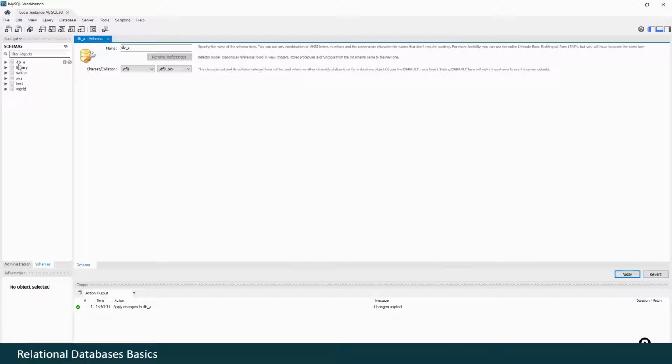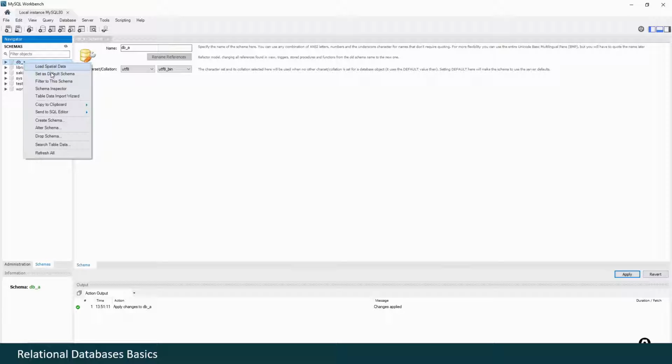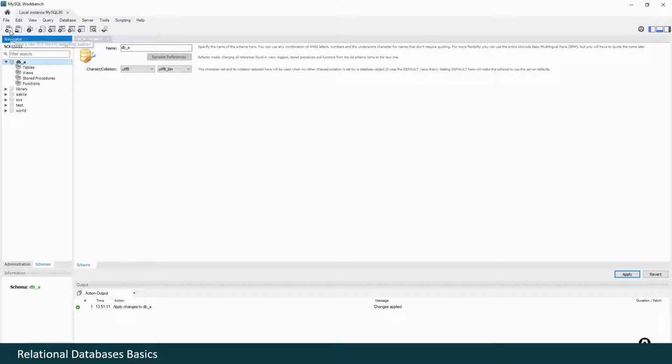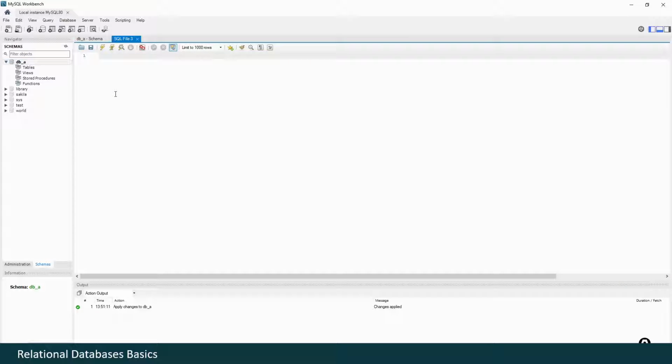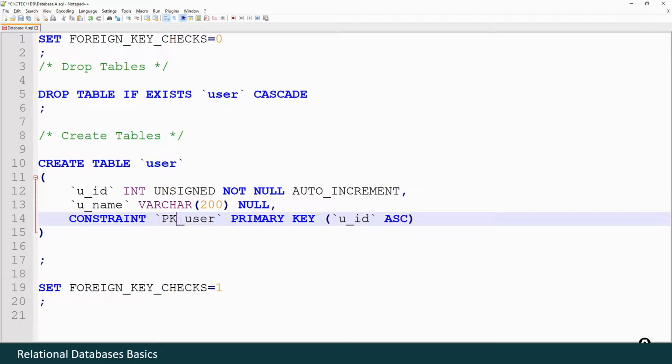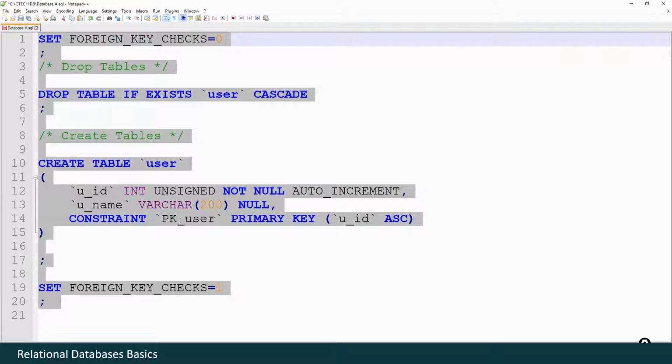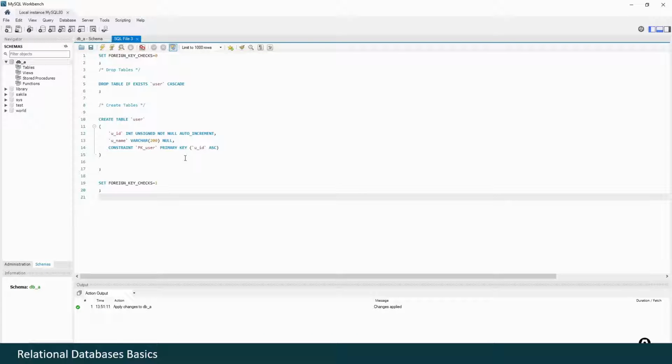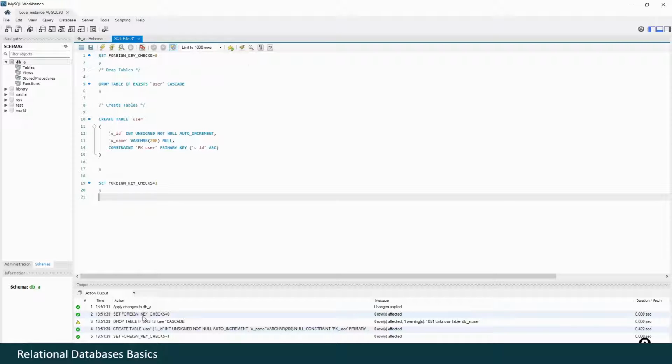Click Finish. Here is database A. We may right-click and set it as default schema. Then we open a New SQL window, switch to our text editor, select all, copy, paste, and execute the script. And here we see in the log that everything is fine.